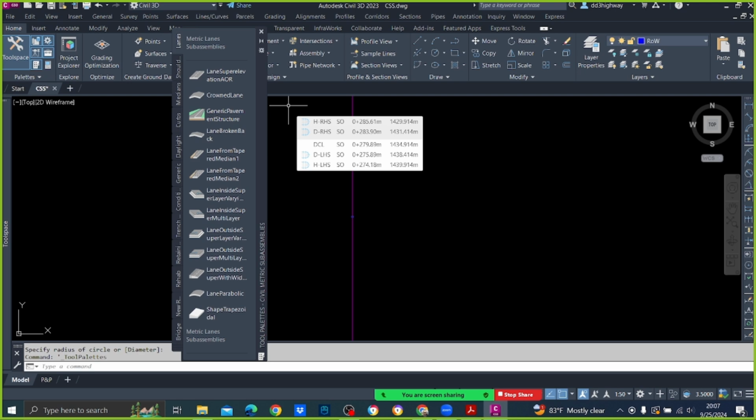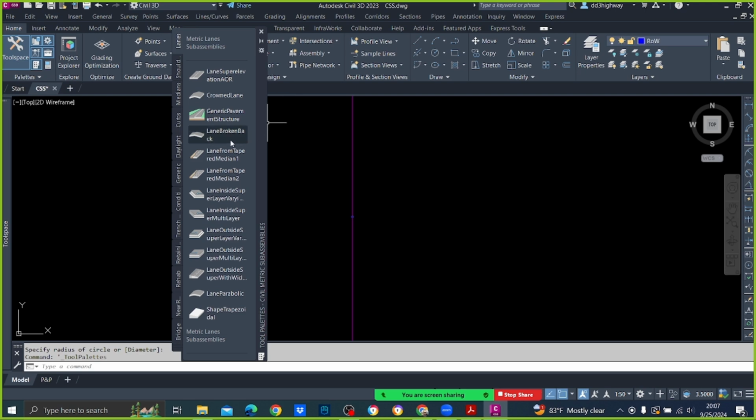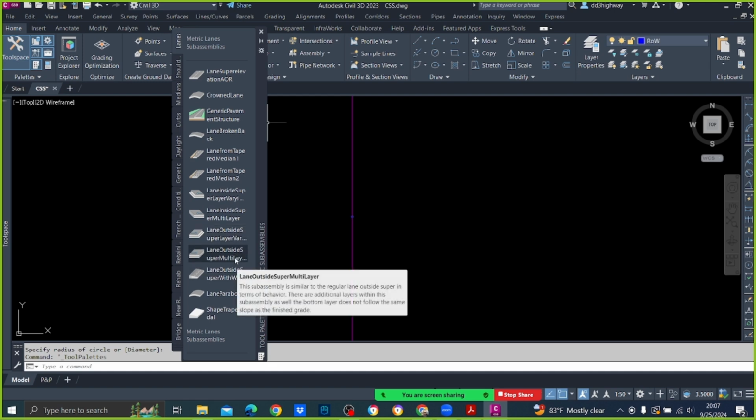So we'll take it as a new road, but the finish road levels and existing road levels will be the same. Okay, so you take